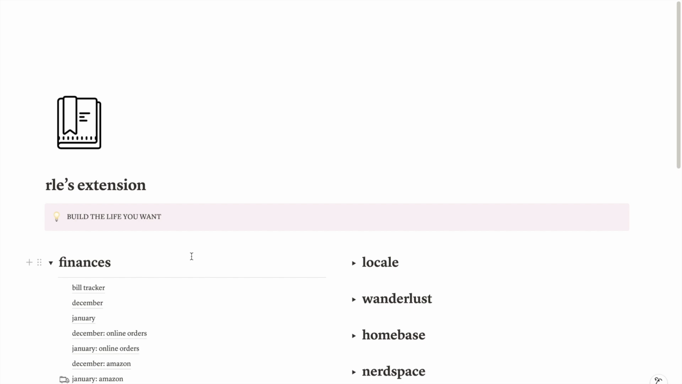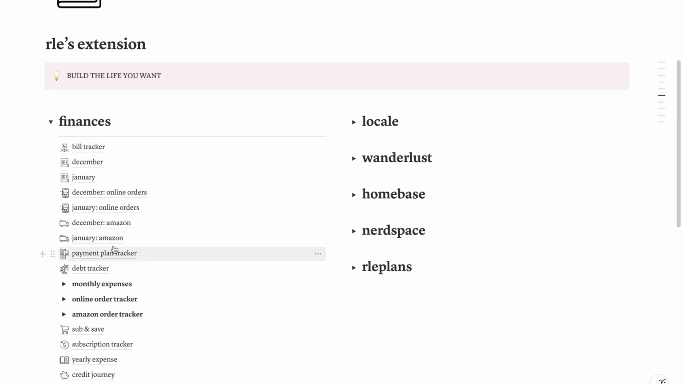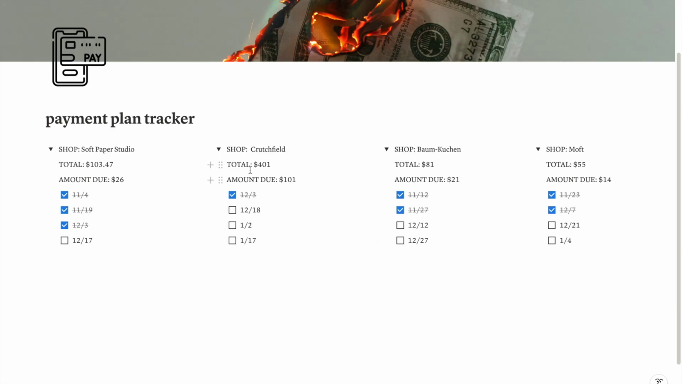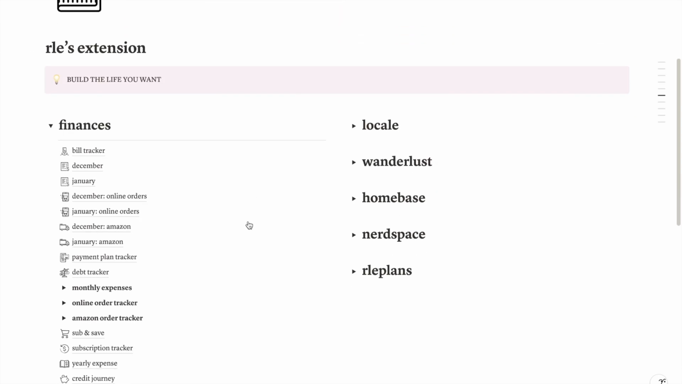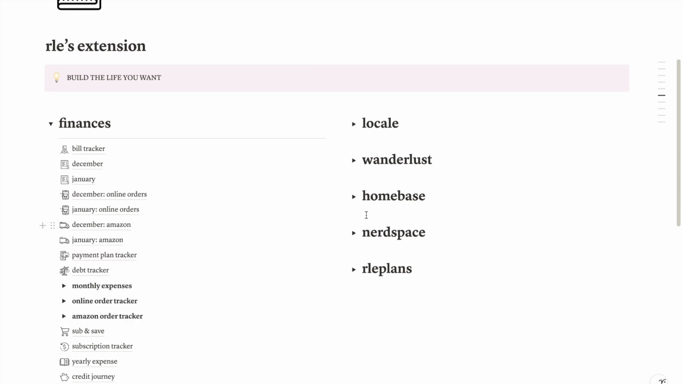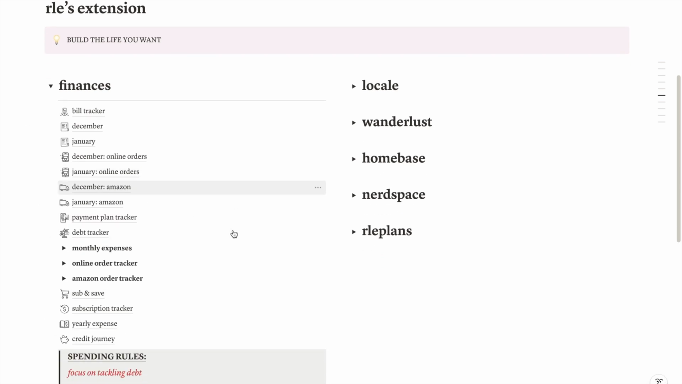Okay, that's my Amazon. And then next I have my payment plan tracker. So this is where I do like Afterpay and all that stuff. So that's basically it. I just keep track of when money goes out of my account. I check it off when it does. And then I have the shop, how much, and then how much is taken off each of the payment methods. So there's that. And I'm trying to not do that as much anymore. I used to do that a lot when it first came out, but now I try